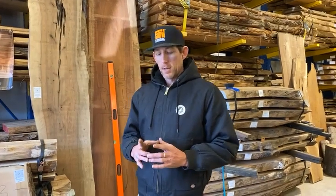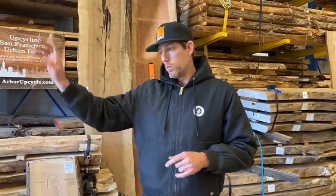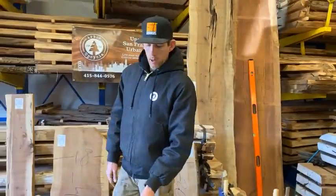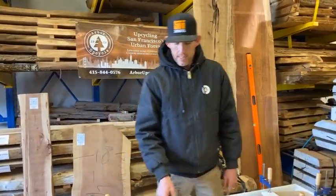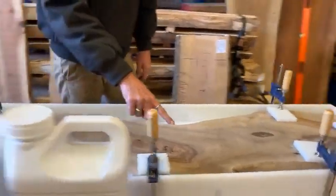So when I've got to take off the cambium or take off super heavy duty stuff, I do it with a 4-inch grinder, and just buy 36 and 80 grit paddles for it, and they'll take off way more material than a regular orbital sander. If you're going to pour it a solid color, you're never going to see the live edge. If you come over to this side, you can see the actual